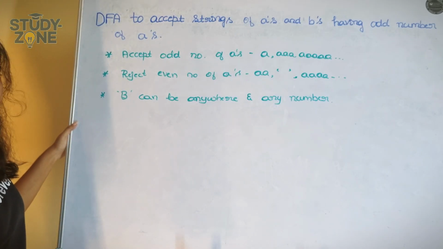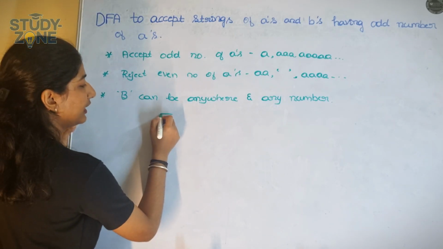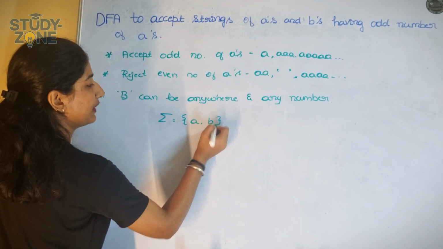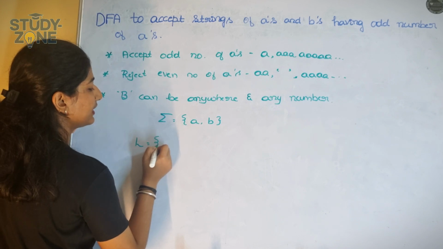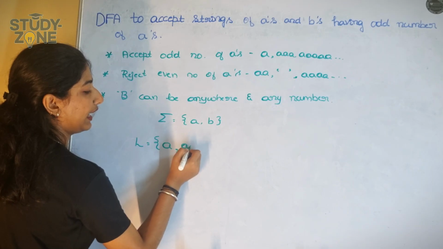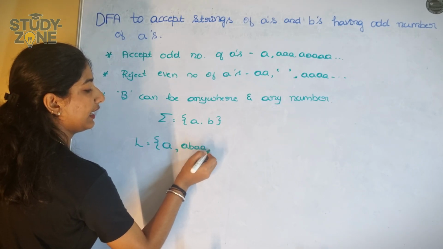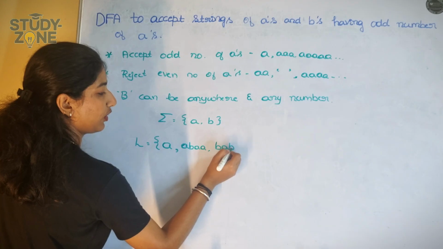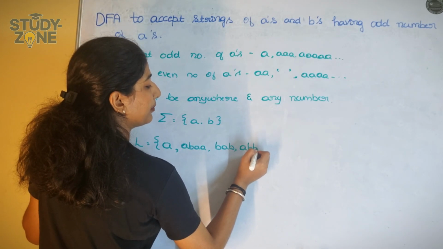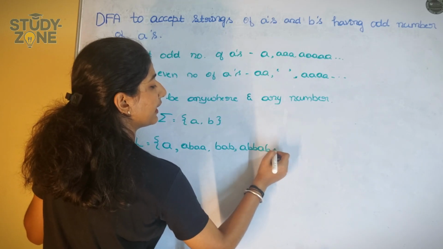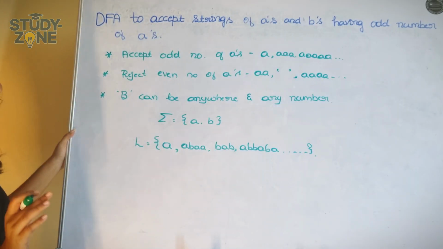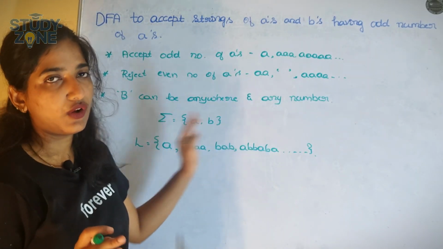So now in the next step, what we have to write? We have to write the alphabets, right? So the alphabets are A and B. Now tell me, what are all the languages? Languages can be A or B, or we can write A B A, so on, which means we should have odd number of A's and we can have any number of B's,